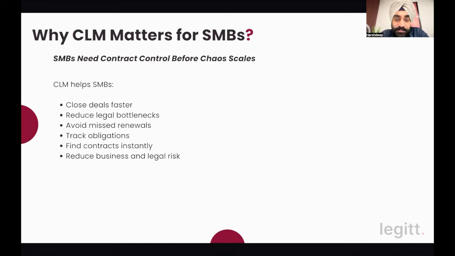And then the last two. One, if you have to search a contract or search certain details within a contract, a CLM ensures that you do not have to struggle. So most of the legacy applications or CLMs still act as document storage. So you can find the contract and then have to manually go through those contracts. But AI native CLMs like Legit AI, you can actually chat with Agent Lana in Legit and find the information that you are looking for. Last is again very important, but again we end up not managing it properly, is